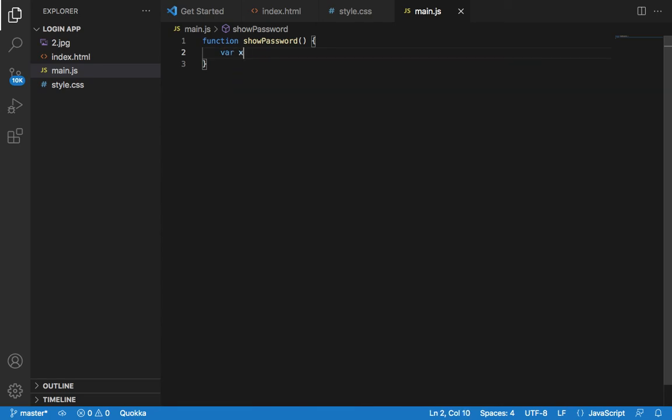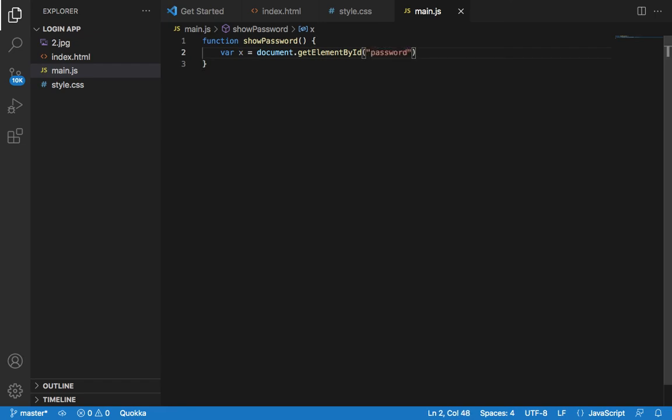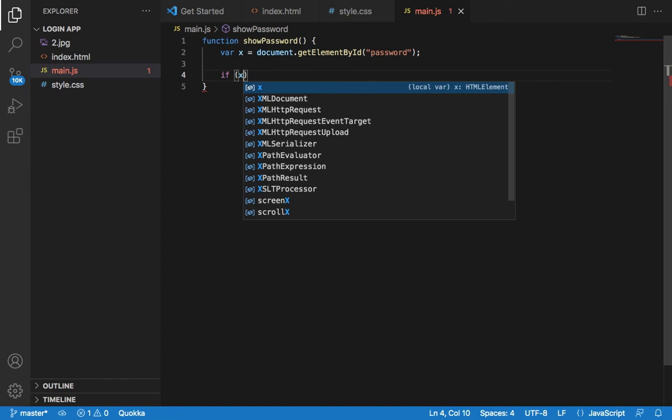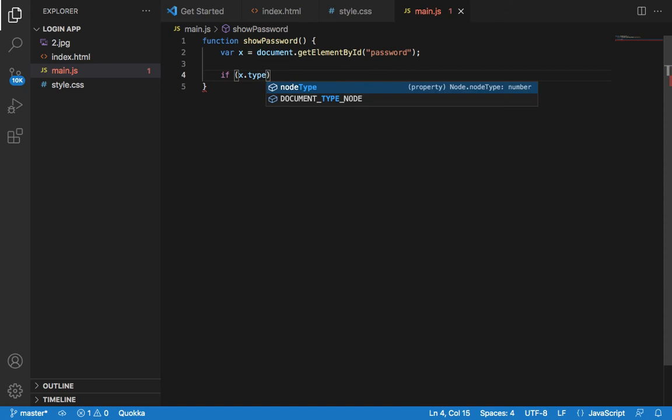So var x will be equals to document.getElementById password. So if x.type equals password,